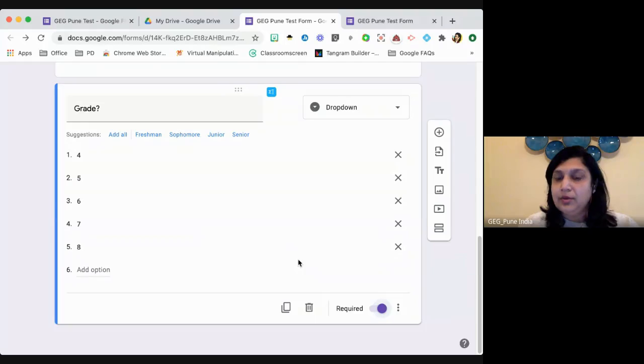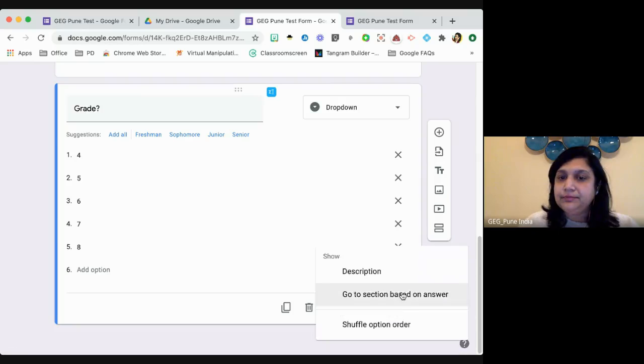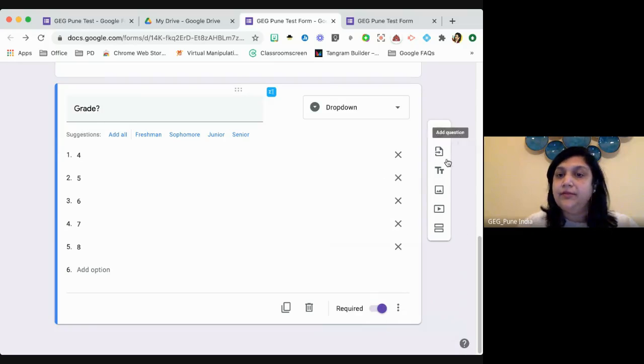So in this particular question, what I'm going to show you in a while is writing down, showing what happens when a student picks a particular grade. So let's go to these 3 dots. Before that, I forgot to mention that before that, we have to create a couple of questions which are valid for that particular grade level. Okay, so right now I'm planning to make a section in this form. It means everybody starts filling the form, but as soon as a child selects 4th grade, what type of question should be displayed to him? If a child selects 8th grade, what type of question should be displayed to him?